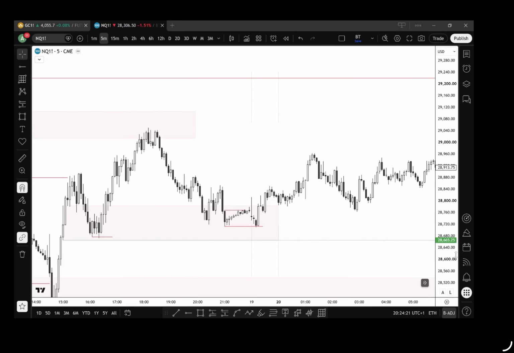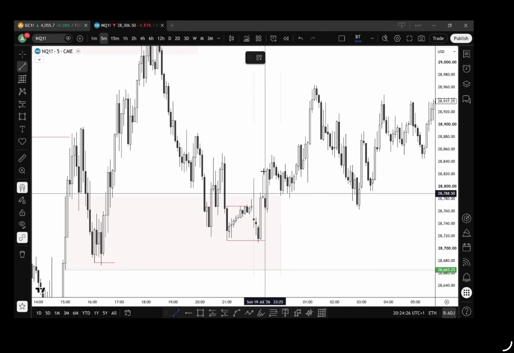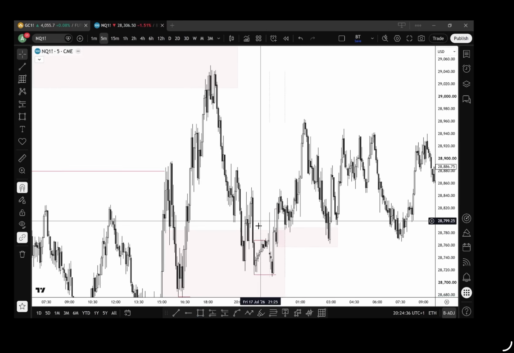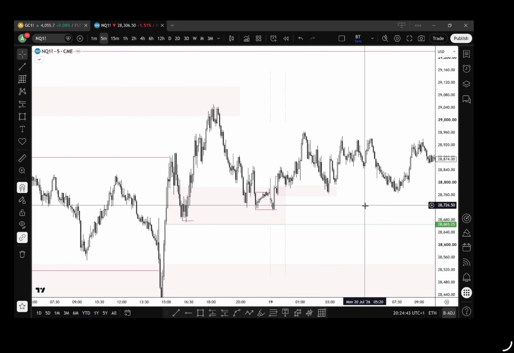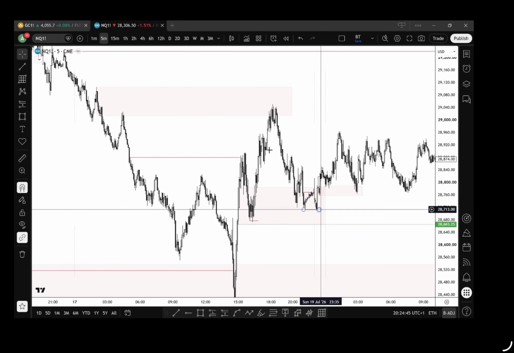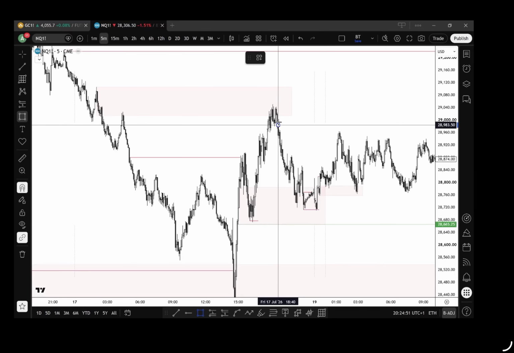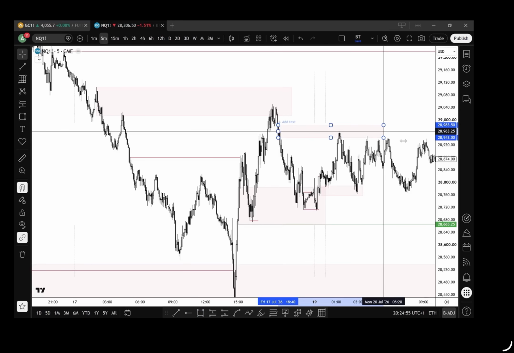Now if we zoom into this price action, all we're doing is breaking structure to the upside and then we're coming back down to the lows, respecting those lows, okay, building more liquidity to the downside. We then move higher, respect the low. This is during Asia now, and by taking out this low we've induced sellers. What are we building? We're building liquidity at the highs as well. Okay, so you can see that here.